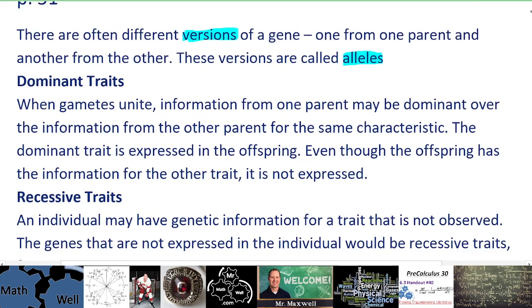So what are they? Well, dominant traits: when gametes unite, information from one parent may be dominant over the information from the other parent for the same characteristic. The dominant trait is expressed in the offspring. So, for example, if your parents have very different hairlines or very different earlobes, right? We talked about that the other day, the connected or the attached or the not attached. If they have very different characteristics, and you can't have both, you're going to have one or the other,